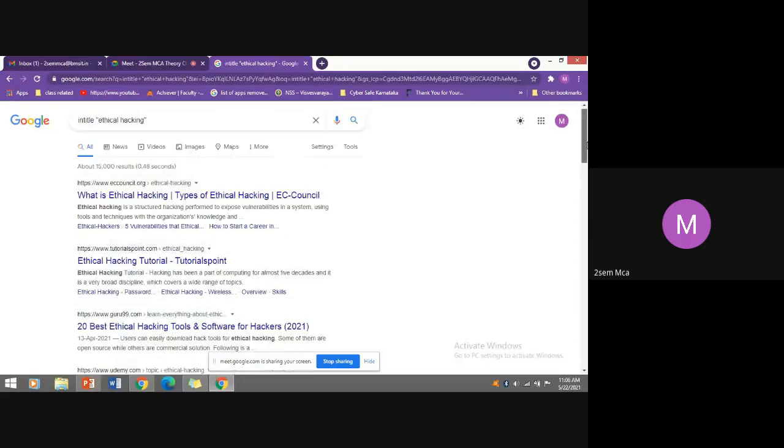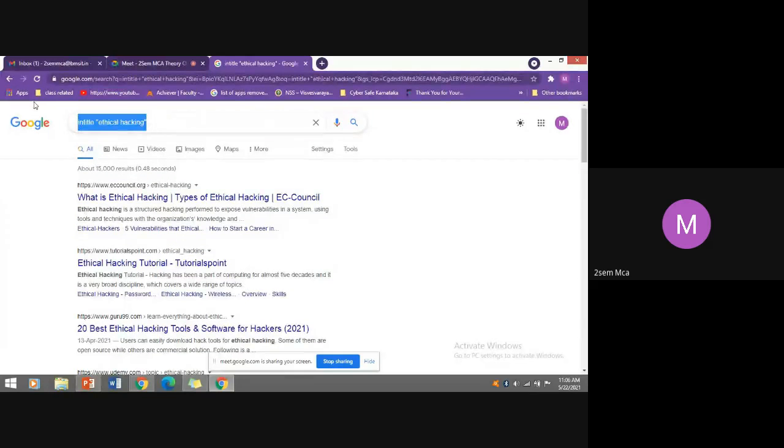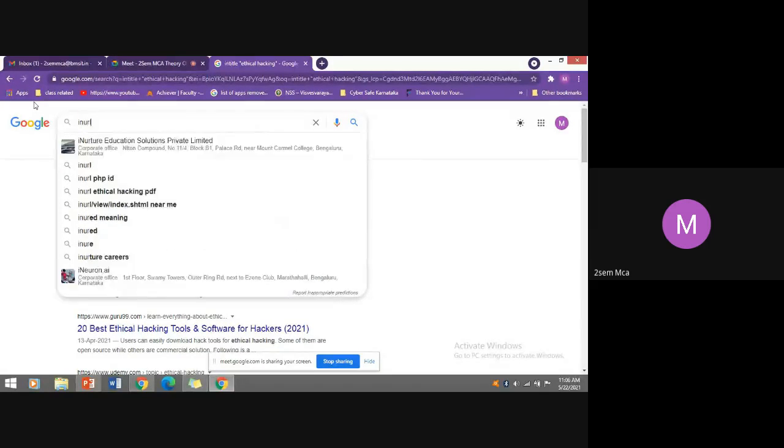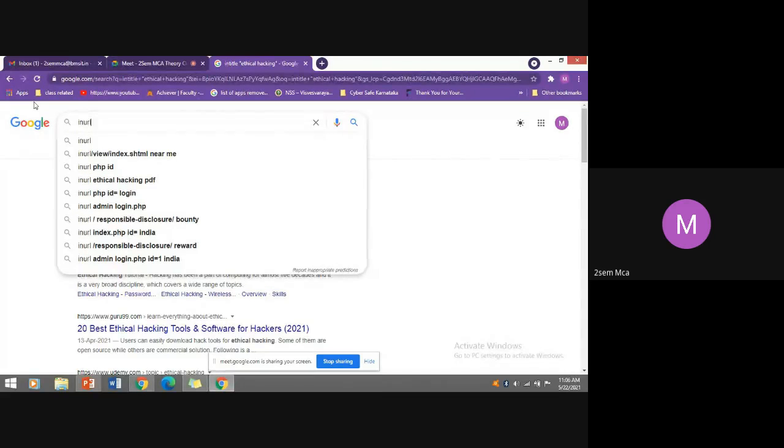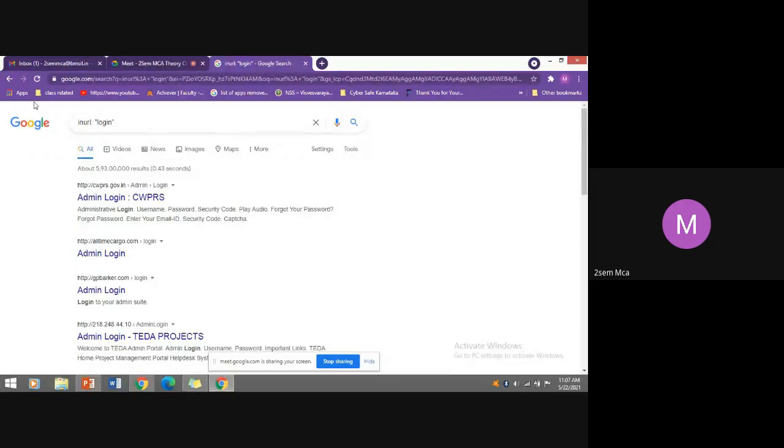The third operator is called in URL. Suppose the websites which have a URL like login, all the websites which have a web page called login are going to be displayed in your search. Yes, you can observe admin login. This website has login information.